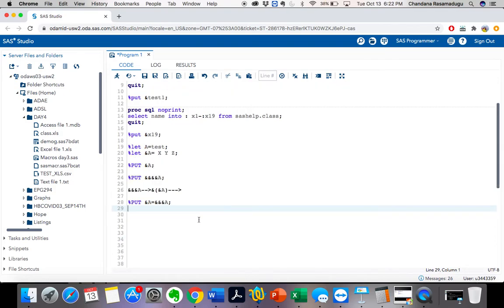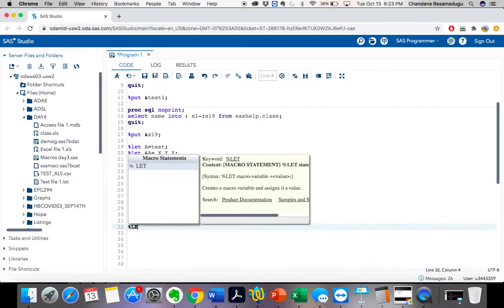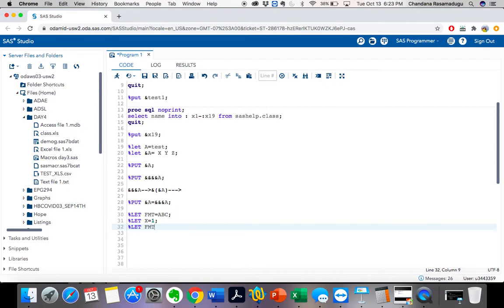Let's take another example for this multiple ampersand. See, here I am taking now %let fmt equal to abc, and I am creating another variable called %let x equal to 1, and I am creating another variable called %let fmt1 equal to abc1.